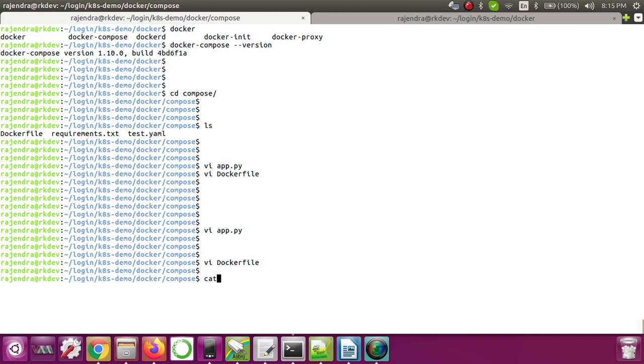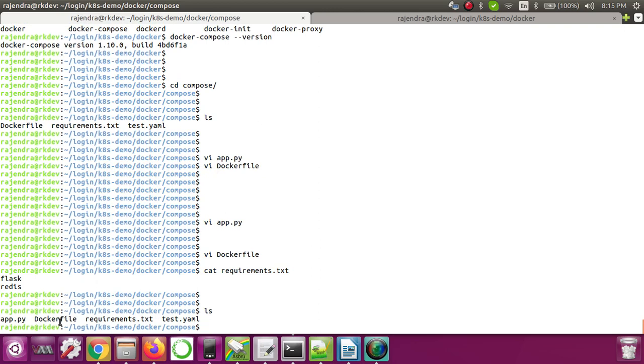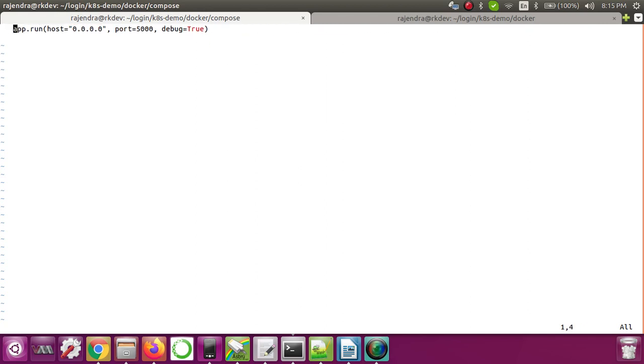Then if you see requirement.txt, you can see that the requirements we have, Flask and Redis, have been added. Now we have app.py, Dockerfile, requirement.txt, and test.yaml. Now I need to write the test.yaml.